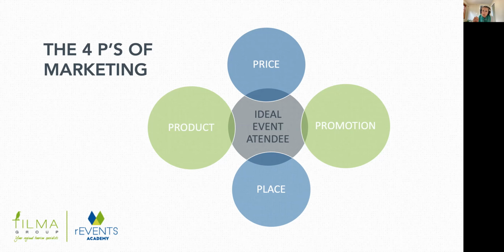Once you know who they are, you can start looking at these different things. You can look at the product. So you can think about the event program. You can think about the experience you're offering. You can think about the type of artists you're attracting to your event. You can think about the